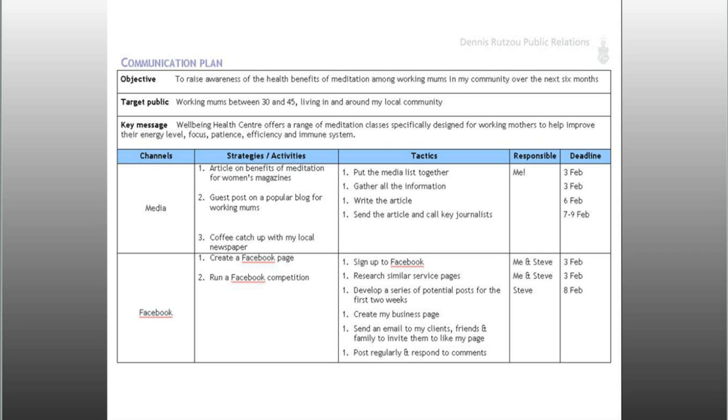My key message, what I want to get across to these working moms, is that Wellbeing Health Center, my business, offers a range of meditation classes specifically designed for working mothers to help improve their energy level, focus, patience, efficiency, and immune system. What do I want to do to achieve this objective? The first thing I'm thinking of is liaising with the media. And the activities I want to do is